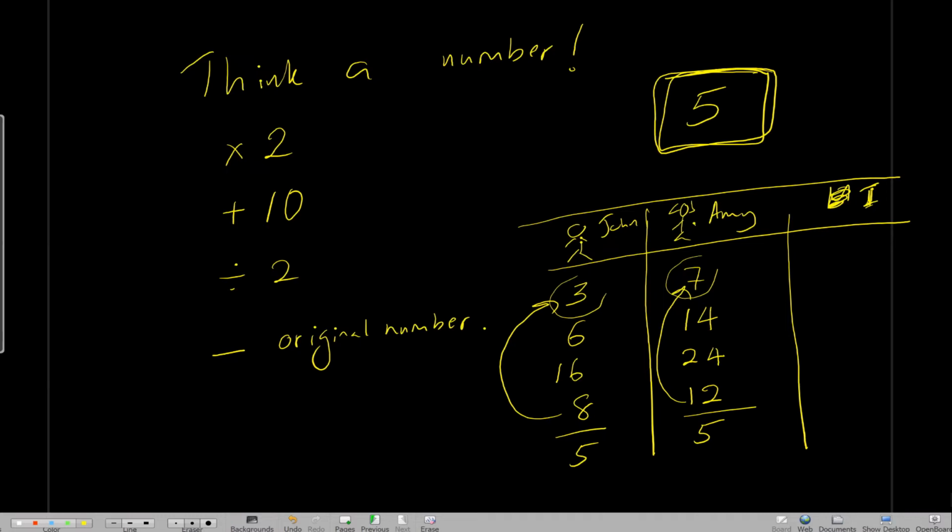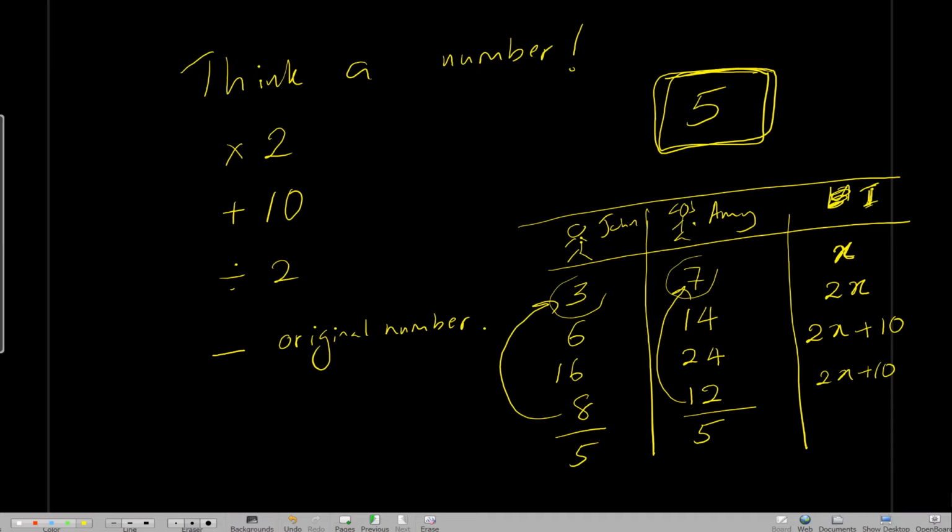Now let's analyze this whole process. So let's think, your teacher, I thought of x, because I'm using the concept of a variable. It can be any number. So instead of a particular number, I'm using x in order to explain this. So when you multiply it by 2, 2x. When you add 10, 2x plus 10. When you divide by 2, now at this point,